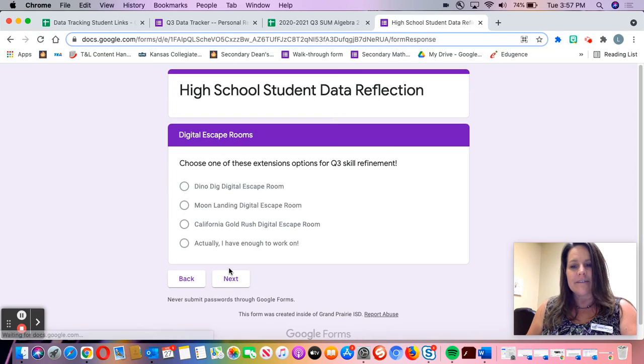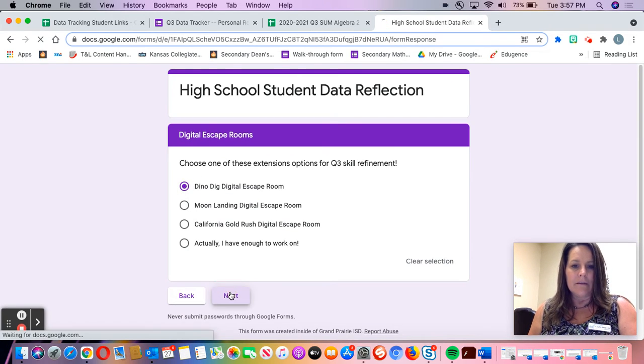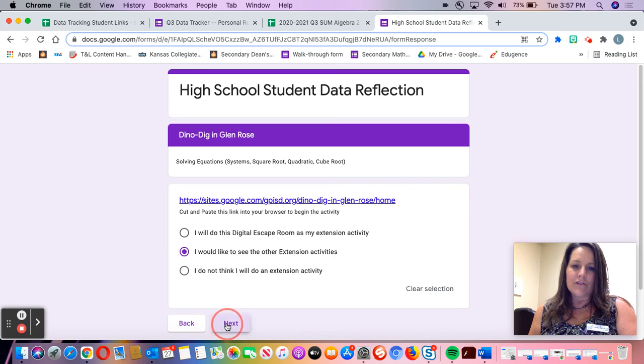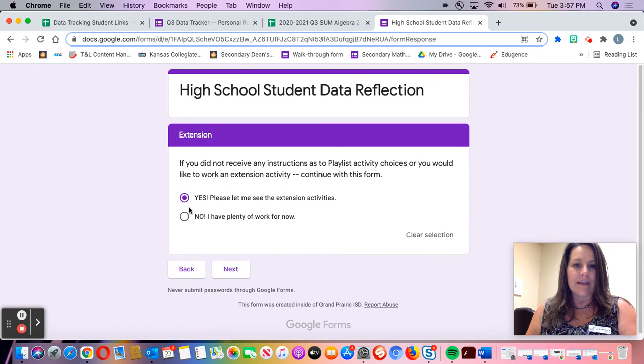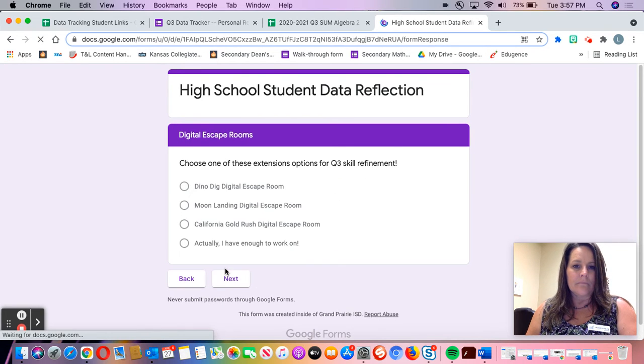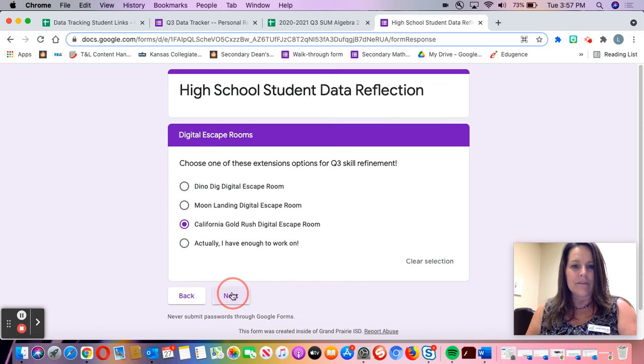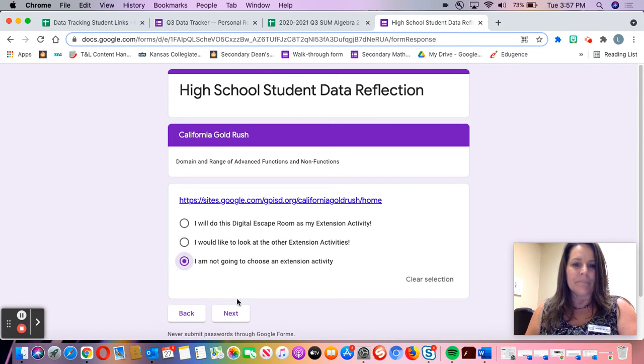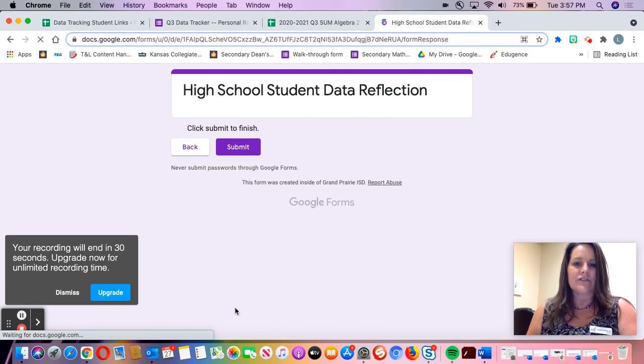And it looks like the extensions are digital escape rooms. So I'm going to pick one. This gives me the opportunity to check out the digital escape room and see if I want to do it. I can choose to see the other extension activities again. And I'll check out that one this time. And then if I choose not to do any of these, I can say I'm not going to choose to do an extension activity. And now I can submit